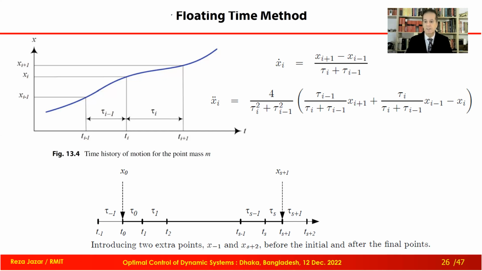One problem with central difference is that beginning at t_0, on the bottom you see that, we need a point in time which has never happened. We start at t equal to 0, but for central difference calculation, we need a point before the motion starts. The similar problem is at the end. When we stop at t_s plus 1, we need another imaginary point in the future. After we finish the motion, there is another point called t_s plus 2.